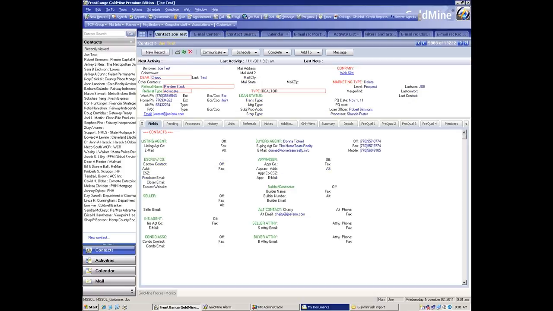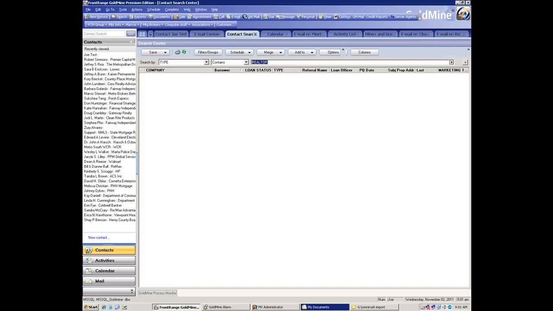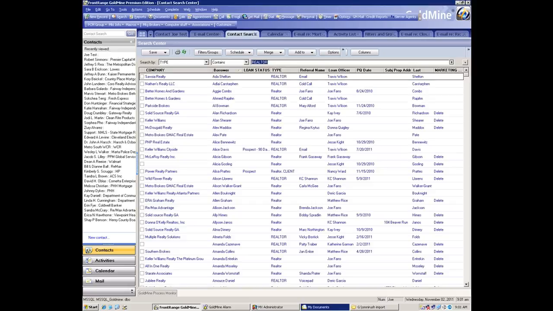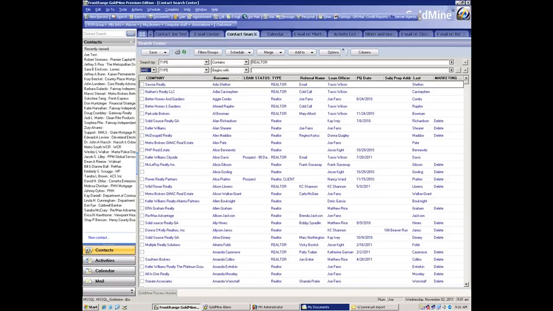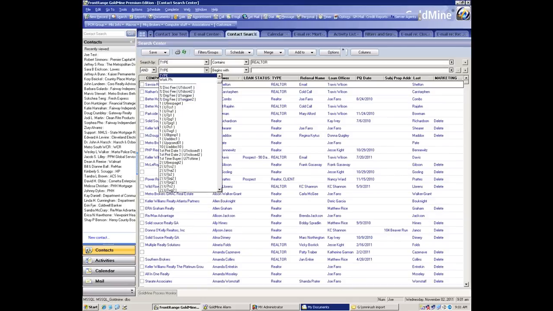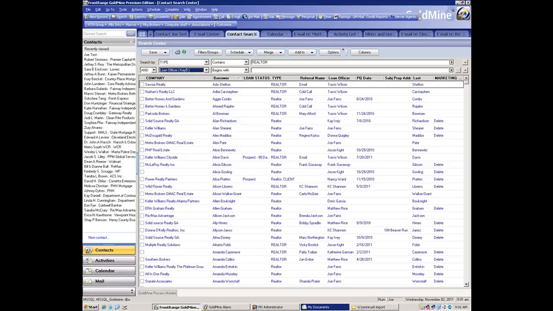So let's just do this. We have a realtor contact here. Rob Simmons is the loan officer. I'm going to double click on type, and type contains realtor. Now it's pulling up everyone in the system where type contains realtor, but I'm not done yet. So I'm going to come over here to my plus, and I'm going to say and loan officer, and you can do a search on any field in the system. Loan officer contains